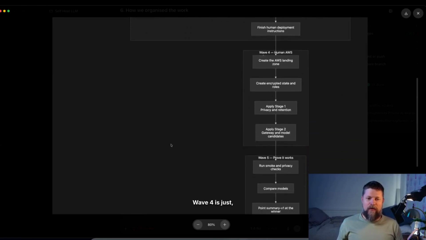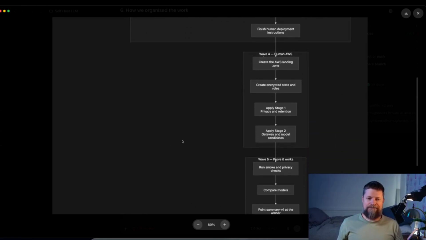So wave 4 is mostly fine tuning, create AWS landing zone. So we've got the account structure set up. We create encrypted states and roles. We've done the plan already, but then we'll actually do the first apply stage. And then there might be a second apply stage as well,